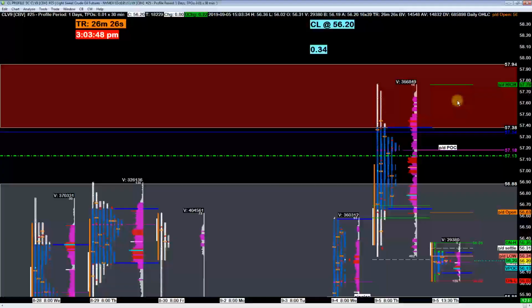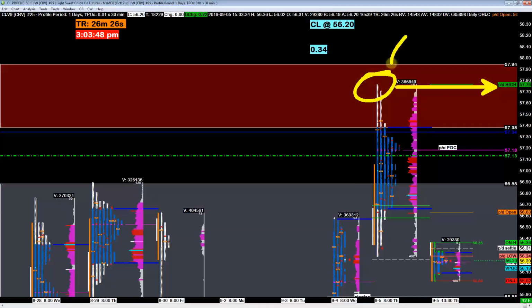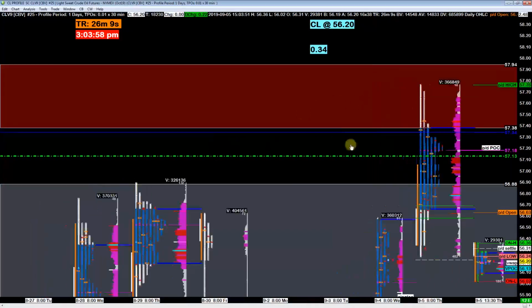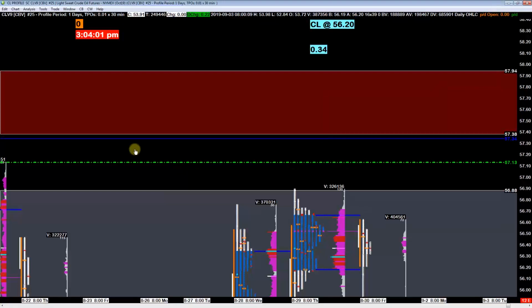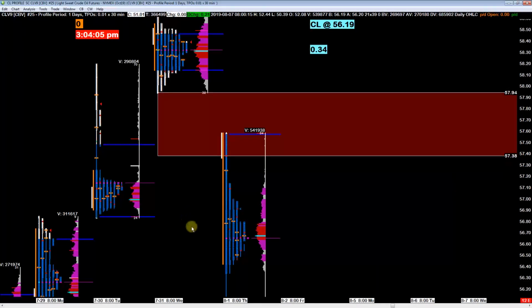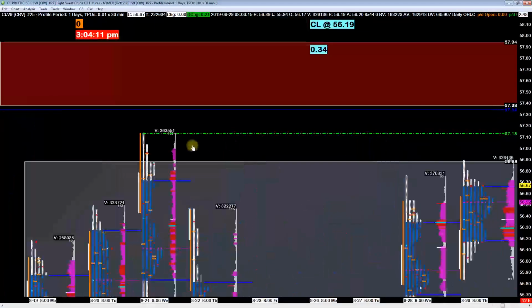All right, 57.76. That was the high for today, Wednesday, after that inventory number. And we almost closed the gap. Remember that gap from July? Let me see. Forgot to write it down, guys. Just give me one second. Yeah, July 31st, right? That gap that we have, we almost closed it. So that's the one from July 31st.